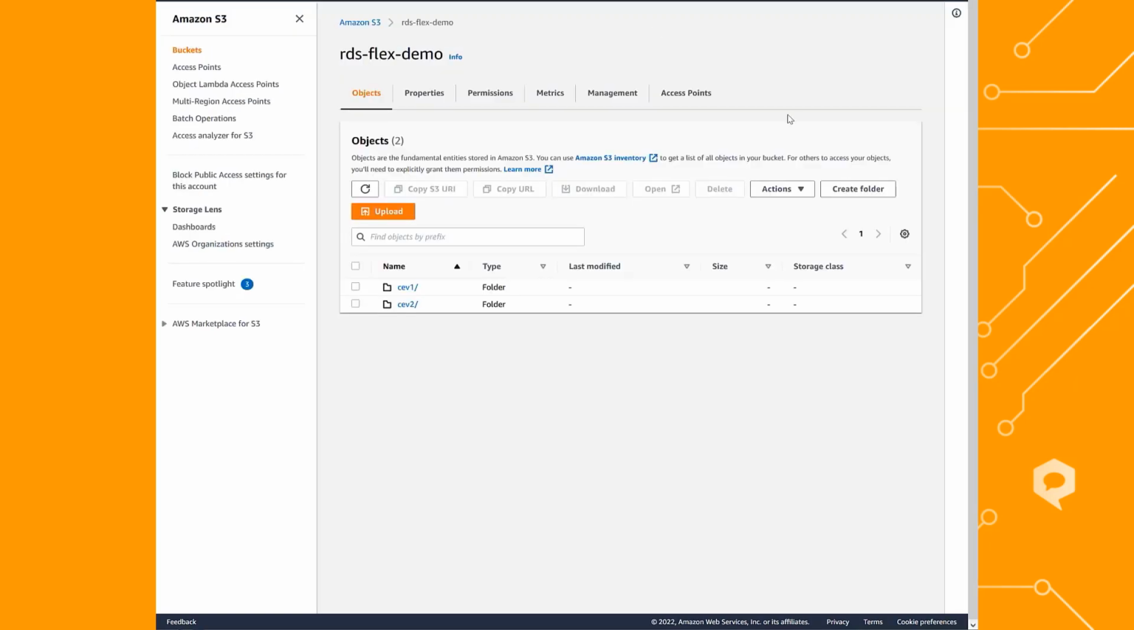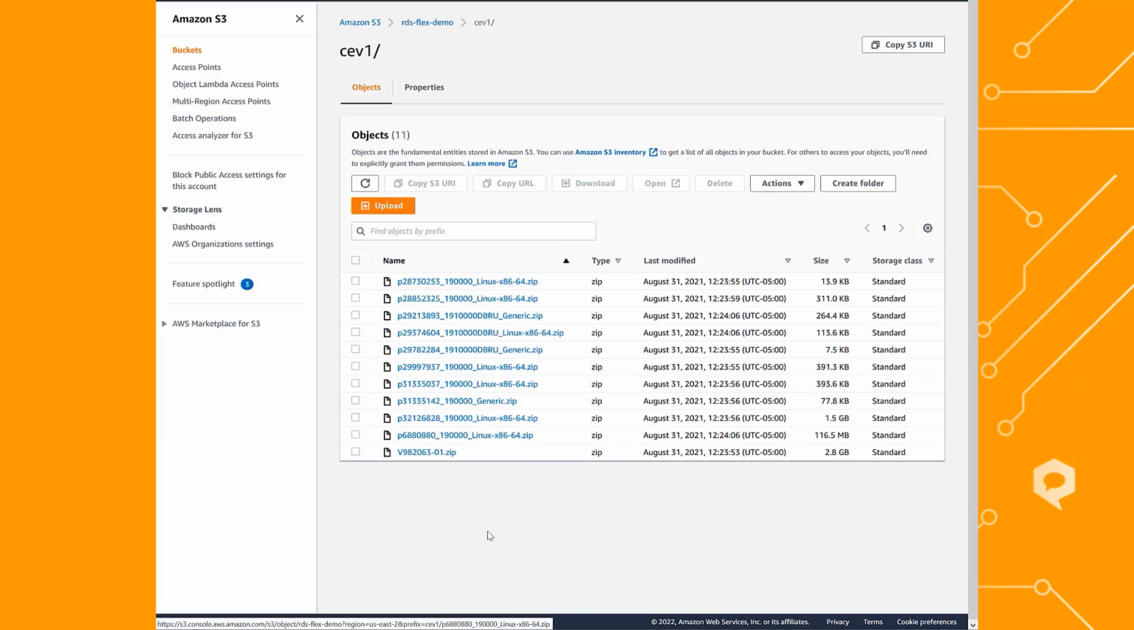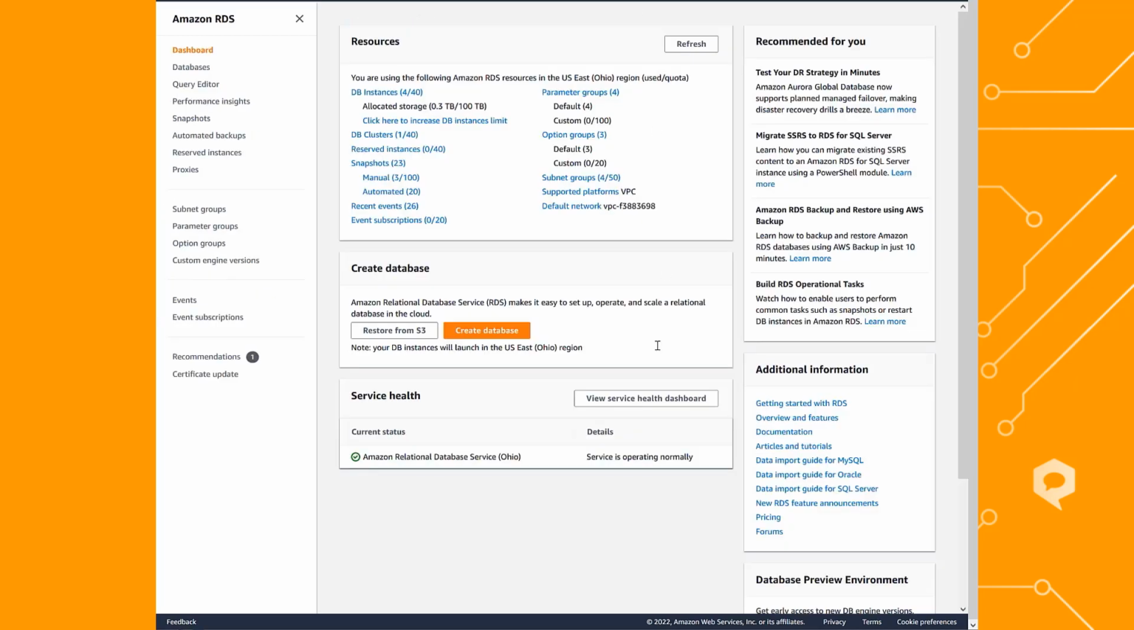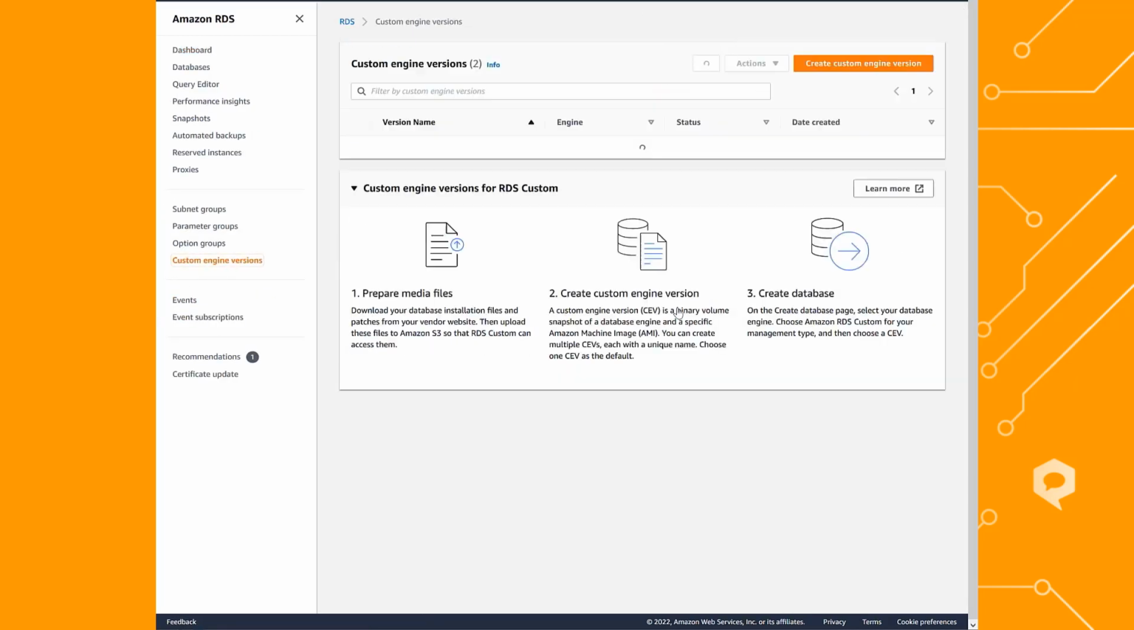Now the last one is the S3 bucket, where we will have the installation media. So I have a demo bucket created. Within that, I have the 19c January RU patches stored in this S3 bucket. Now that I have these pre-setups, I will go into the console, get into custom engine versions, and say